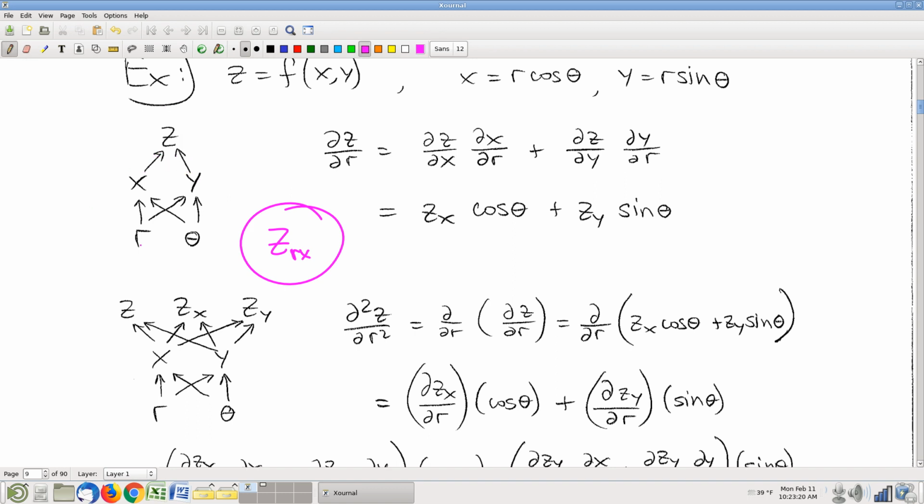That doesn't make any sense at all. I can't momentarily view x as the variable and hold all of these constant. That doesn't make any sense. If r and theta are constant, so is x. The whole thing doesn't make any sense at all. Okay, so you can't do this. Please steer clear of that. What you have to do is realize that if z is an expression involving x's and y's, no surprise, if you take this expression involving x's and y's and take a partial with respect to x, this expression in terms of x's and y's is going to turn into another expression in terms of x's and y's. Right? So,